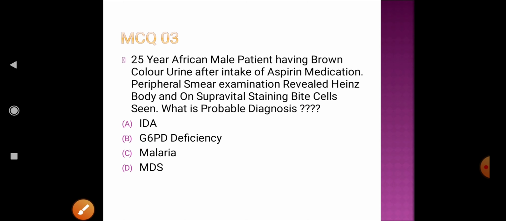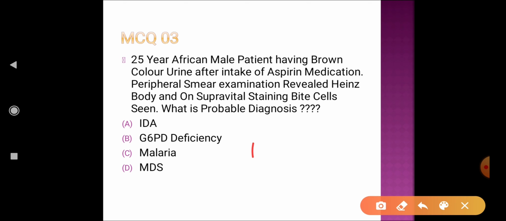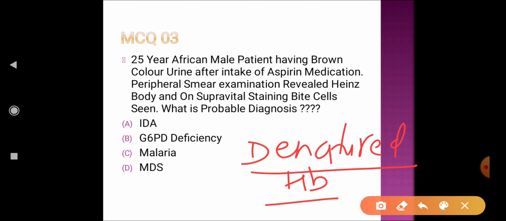Whenever you have oxidative stress, you cannot withstand it, so there will be more destruction of the red blood cells, and because hemoglobin can be denatured, you cannot withstand the oxidative stress in G6PD, and this denatured hemoglobin will be bitten off by the macrophages in the spleen,